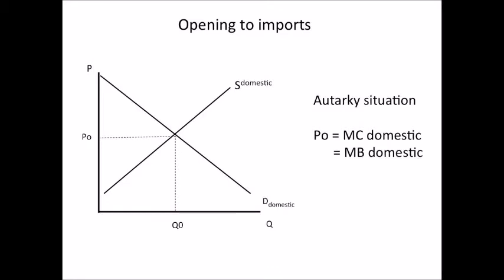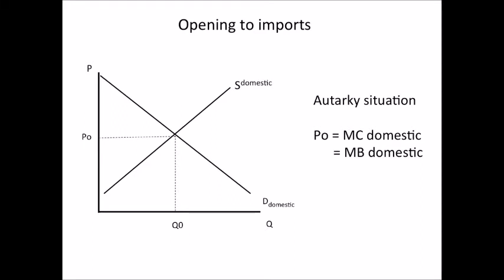[We'll use the concepts] of consumer and producer surplus to analyze the effect of a country opening up to imports in a particular industry. So we've got this autarky situation depicted here. Now, autarky means when a country is self-reliant, so it doesn't import or export initially. So where the supply and demand curve meets, the market clearing price, we've got price of P0, quantity of Q0, and that price is one that ends up equating the marginal cost of production on the domestic side with the marginal consumer benefit from consuming the product.